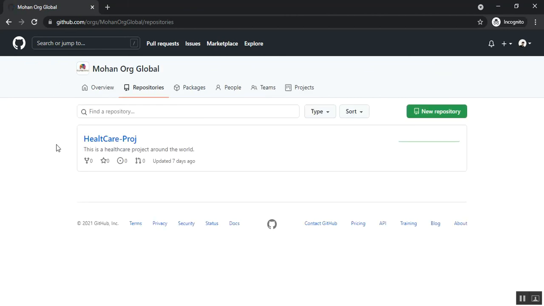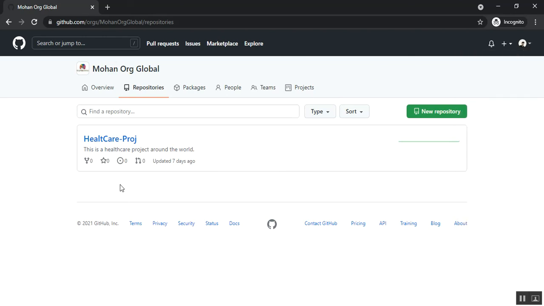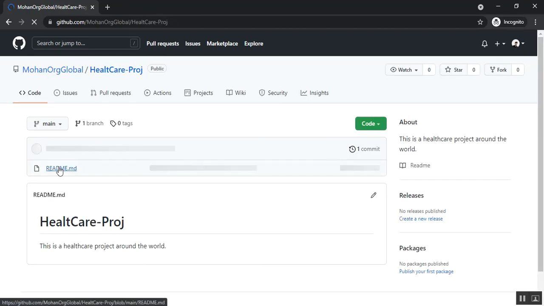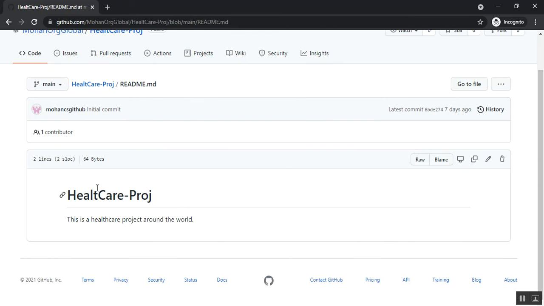So after adding the repository by the owner, the new member, that is Satya CS GitHub, can see that repository, that healthcare-project, right? So what he will do, he needs to add some files to this repo. So I'll click here healthcare project, and I click here readme.md file. Alright,